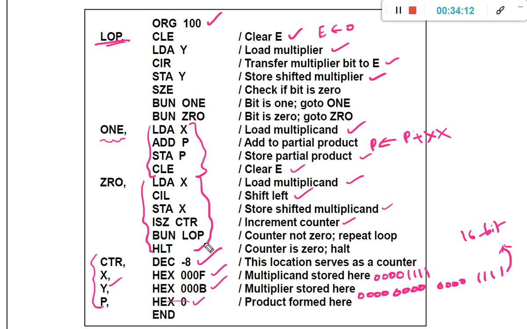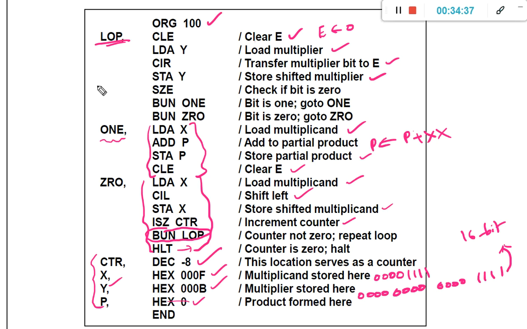ISZ means skip if 0. So if the counter is not equal to 0, then go to the branch unconditional LOP, otherwise halt and stop the execution. If the counter is 0, then this statement will be skipped. If this statement is skipped, then the computer will halt.